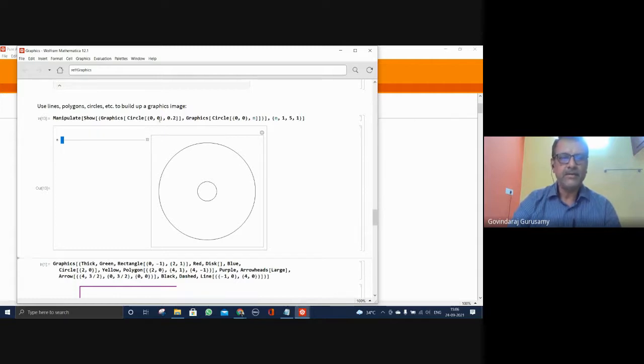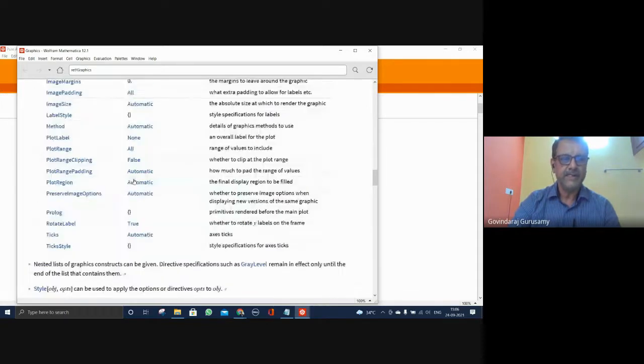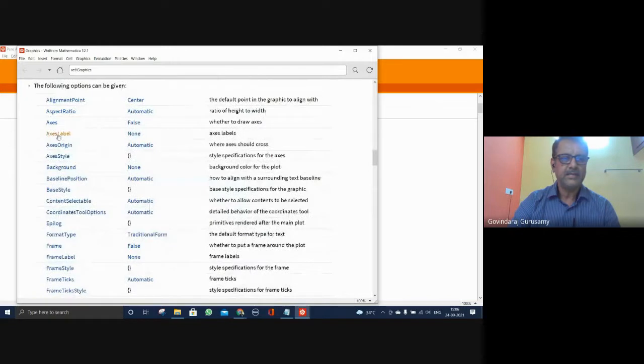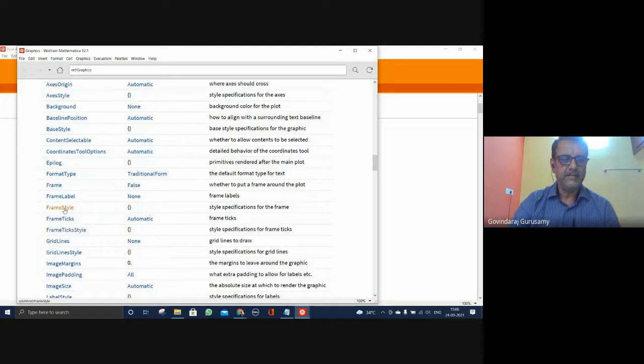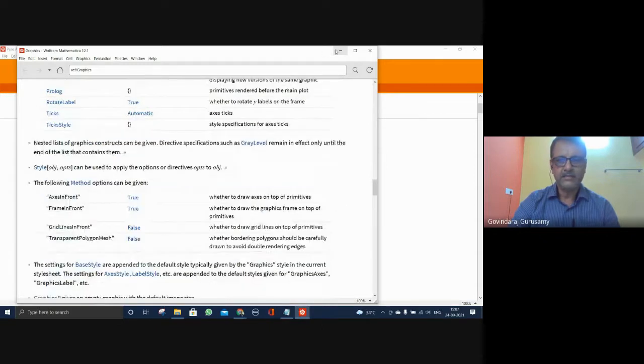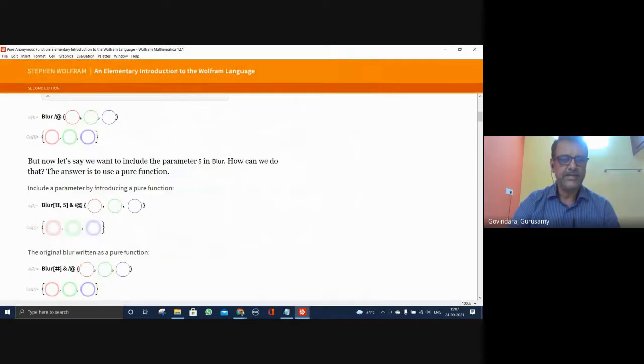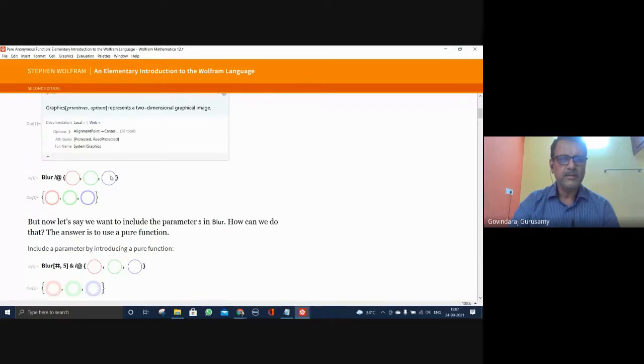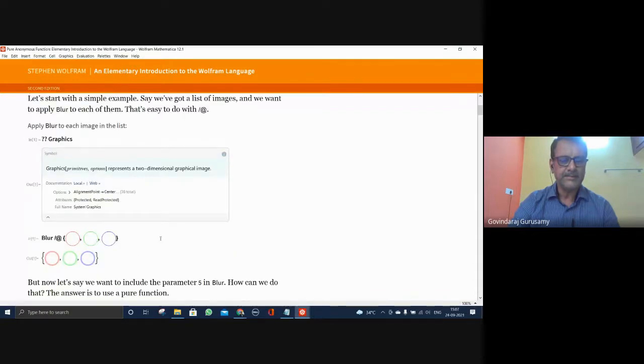Okay, now what you can do, for the radius of 1 unit, we make 3 different colors. We'll explore the graphic options which you have seen here. You can see the colors from colors, axis, axis label, axis origin, background, base, format, style, frame style, plot label, plot range, plot style, all will be there. Change the colors, and that is what he has taken here. He has given it 3 different colors: red, green, and must be blue, no, purple. So I do not know what the color of this is. Okay, that is what has been given.